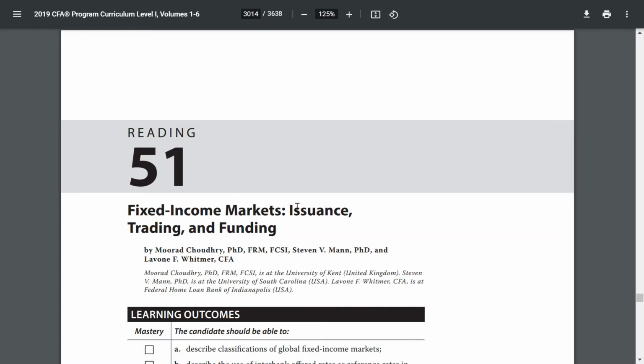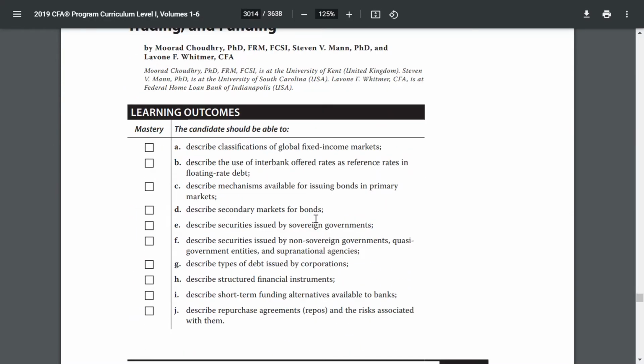All right, Reading 51 of the CFA Level 1 program curriculum, Fixed Income Markets: Issuance, Trading, and Funding. Learning outcomes: the candidate should be able to describe classifications of global fixed income markets, describe the use of interbank offered rates as reference rates in floating rate debt, describe mechanisms available for issuing bonds in primary markets, describe secondary